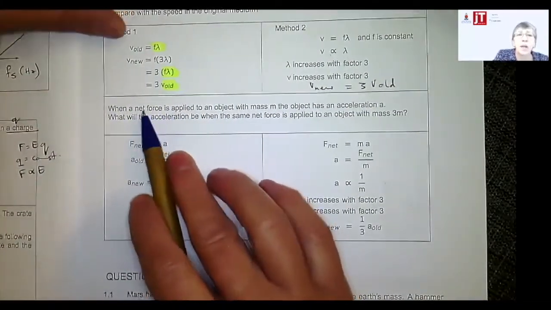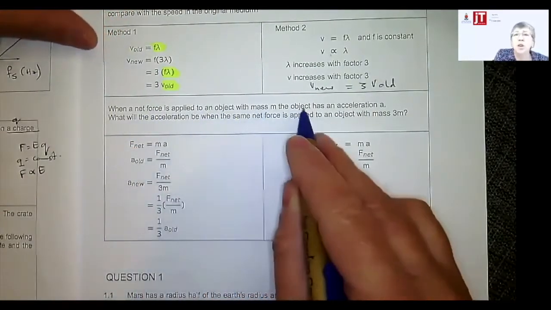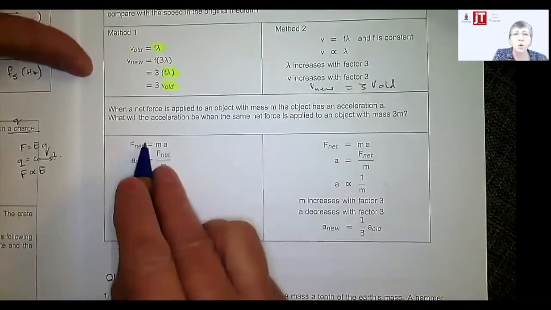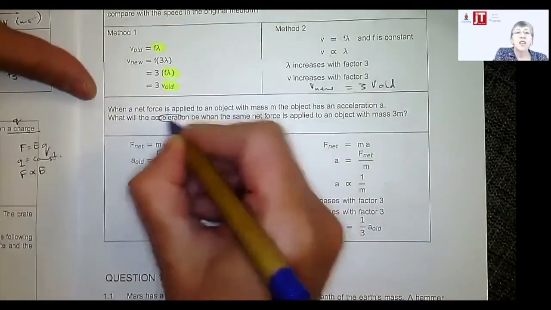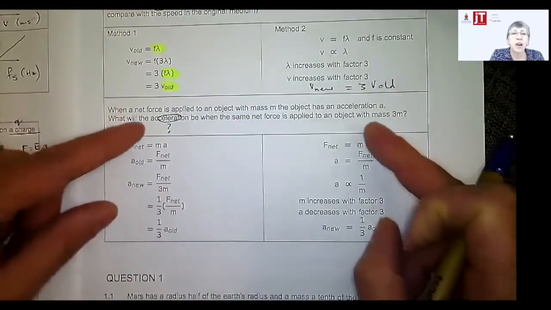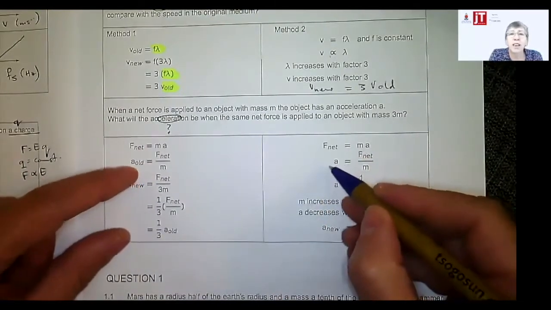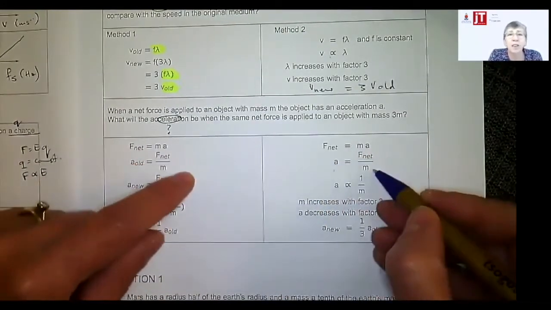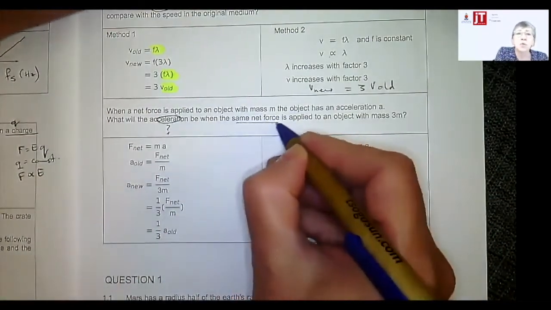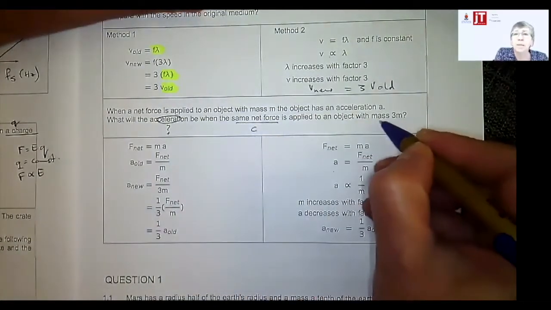Next example. When a net force is applied to an object with mass m, the object has an acceleration a. So we're obviously working with Newton's second law. What will the acceleration be? Okay, so they're asking about the acceleration. So the first thing I'm going to do is rewrite this with a in front so that it can tell me what's happening to a, right? It's easier to see. When the same net force, that tells me F net is my constant, is applied to